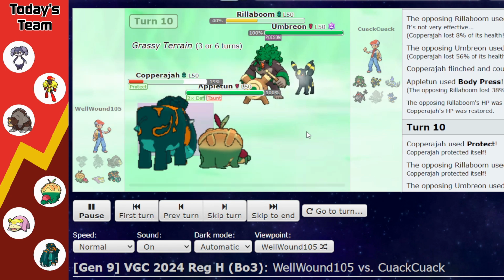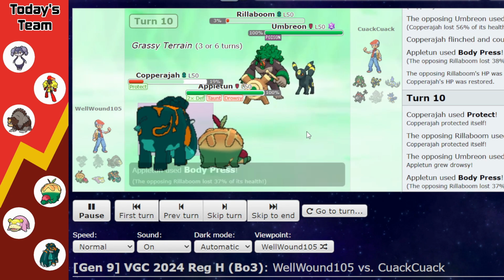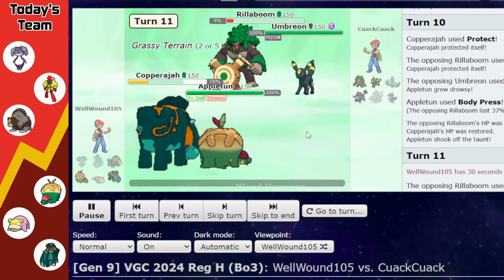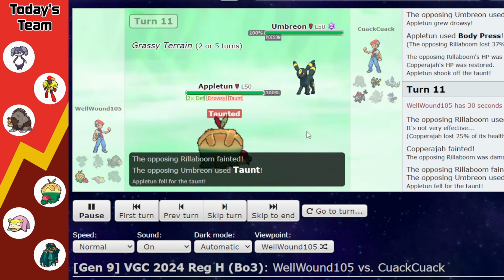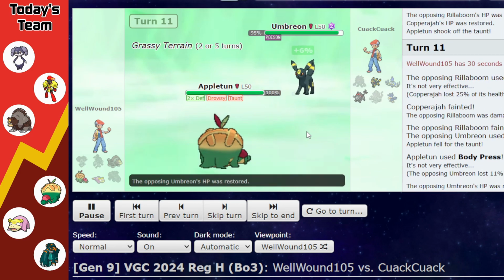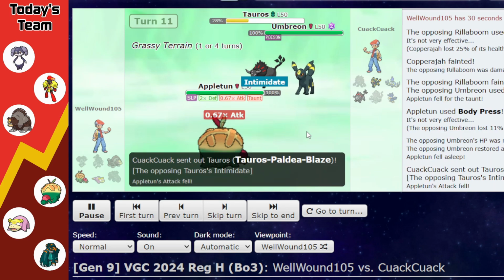would Hammer into Caparaja, and they click Yawn into Appletun again, as we try to get that Body Press into Rillaboom, but Rillaboom just barely survives it because of its Grassy Terrain recovery, and Woodhammer is going to take out Caparaja, as Rillaboom is also taken out by its Woodhammer, and now it is Appletun versus the world, as we see how much the Body Press does, but unfortunately it's just not enough, as now Appletun is going to fall